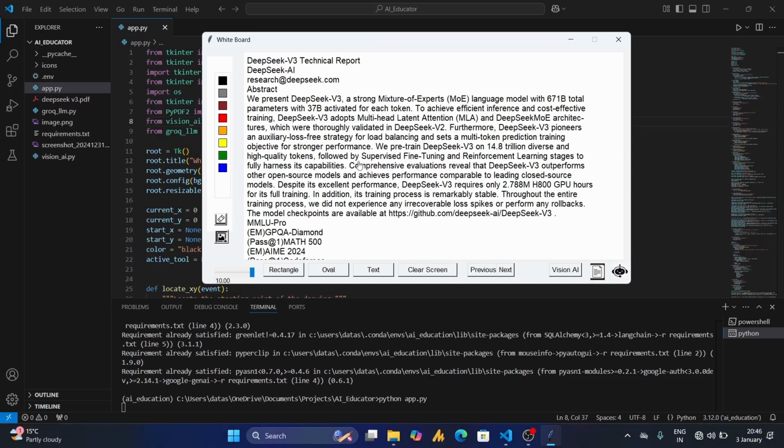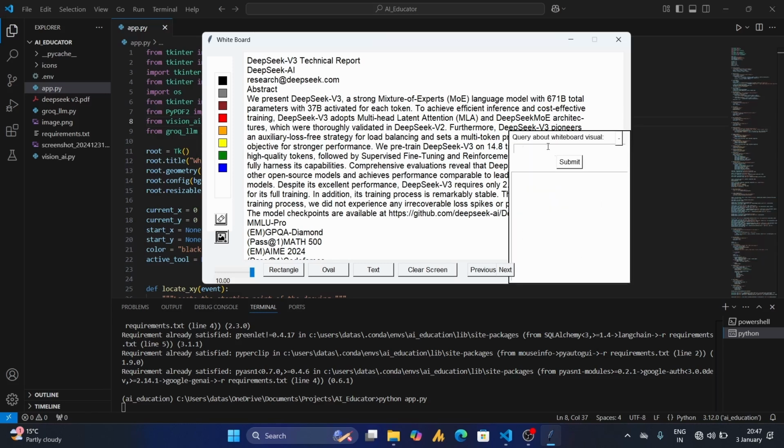Now I will show you that we have a vision AI model. So in this vision AI, what exactly it does is that you would be able to draw anything over there, or use whatever things you have opened on that whiteboard. Based on that, you can ask any question. Here you just have to ask any question about this PDF, or whatever you have drawn or written on that whiteboard. So like if I ask over here that